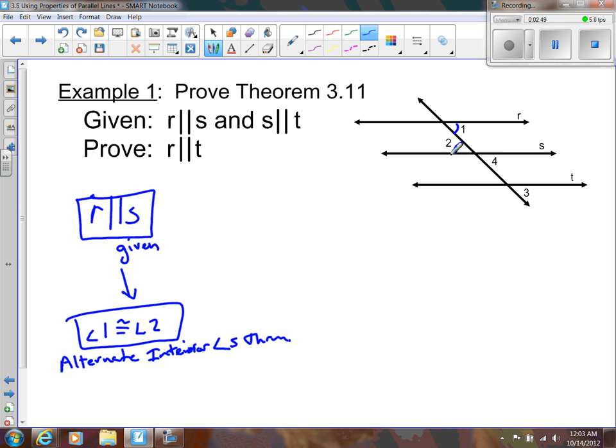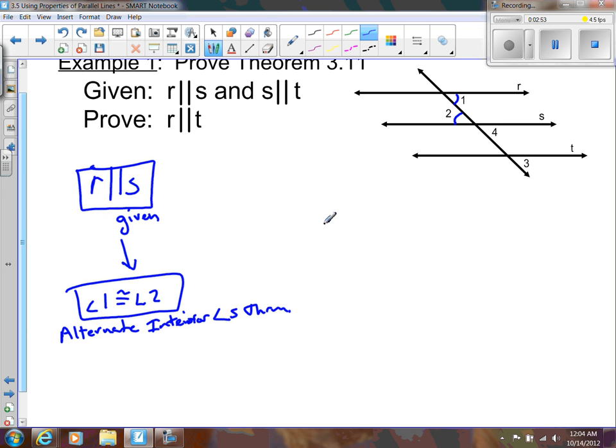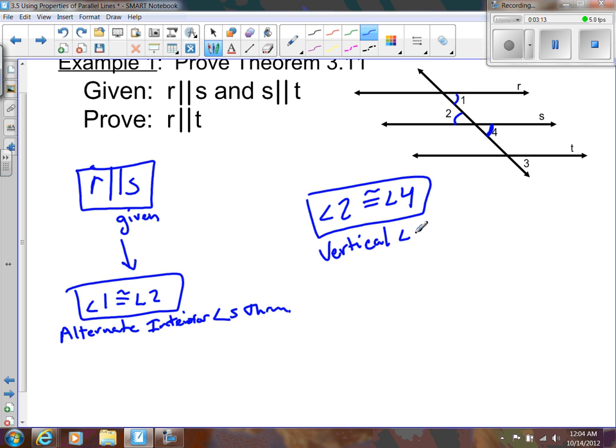I look at this and I also say I know angle 2 is congruent to angle 4. This has to be congruent to that. So since angle 2 is congruent to angle 4, what kind of angles are those? Vertical. So notice that's standing alone. It didn't come from anything else. But now that I have that piece of information,